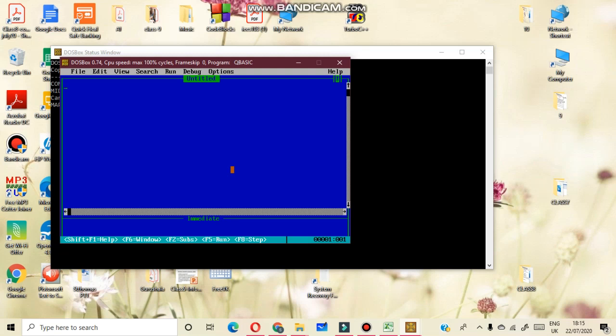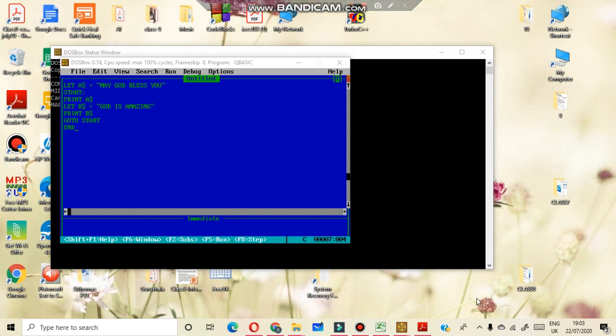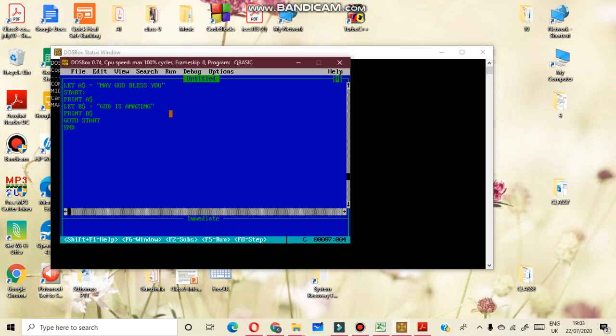Okay, now see, now I will discuss here a QBasic program for clearing the looping concept. This is the assignment operator. Let A be the variable name.